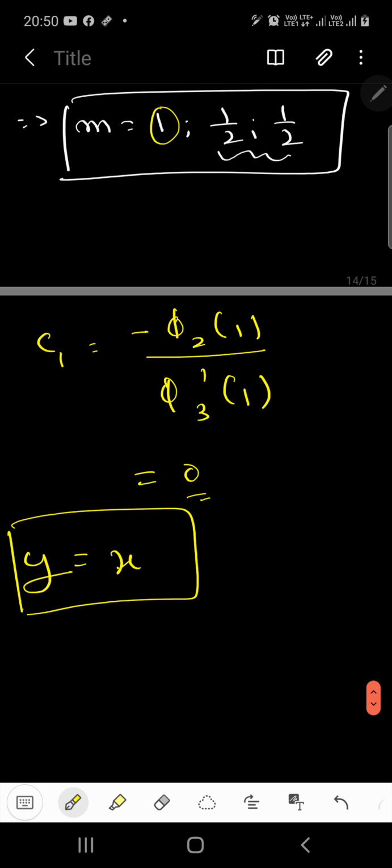Now what to do with the repeated values of m? To find for the repeated values of m, we cannot use this particular formula. The reason is that if you use this formula to find the y-intercept for the same values of m, you will get the same values of c, which indicates one particular equation. But you have to find two different equations, because the degree you have here is 3. So you will have two separate equations, not one single equation.